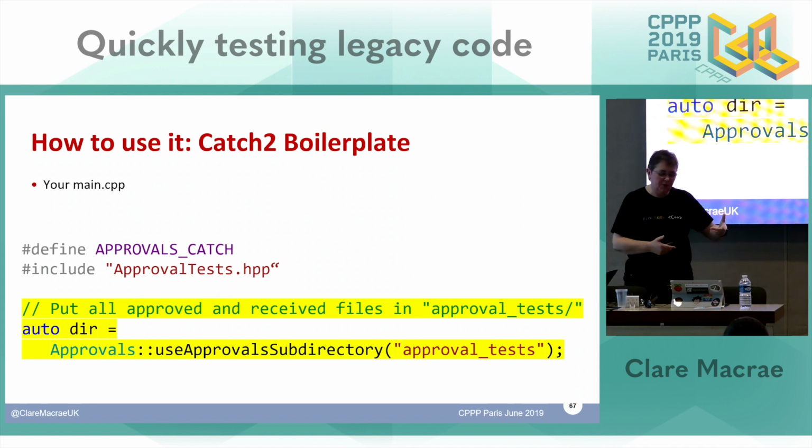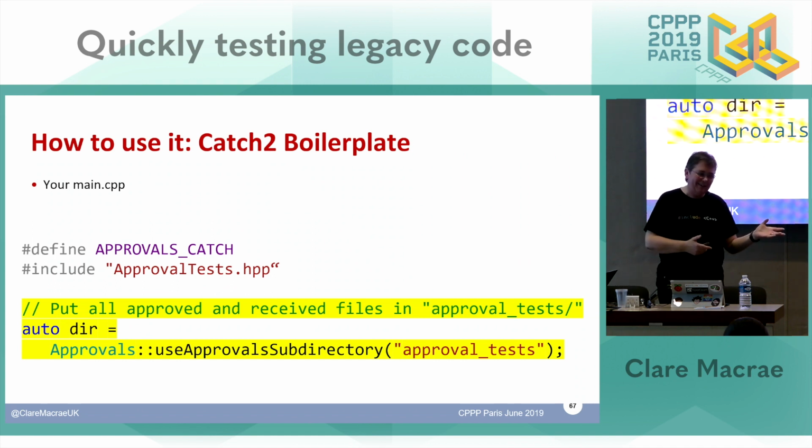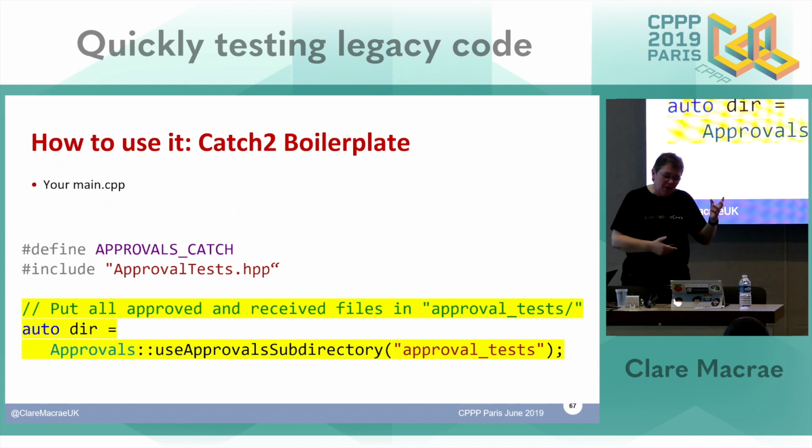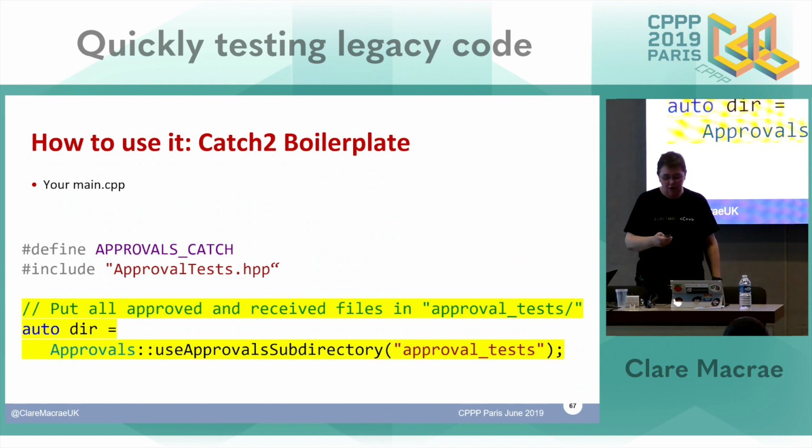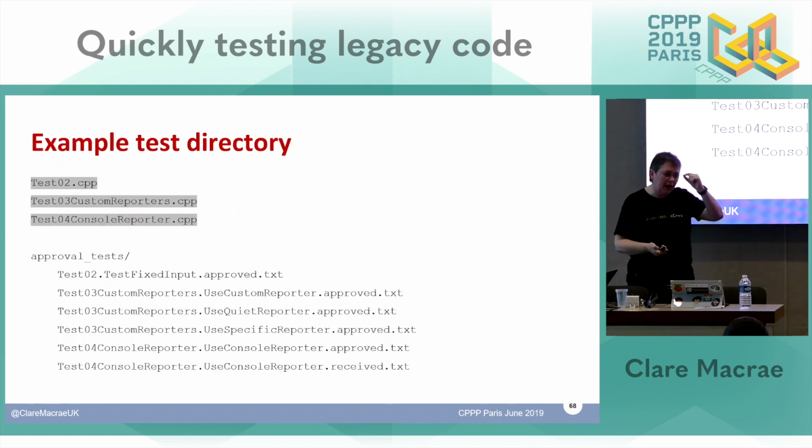So the pattern with most of the customization in approval tests is it returns an object that contains information about the previous state. And when that object is destroyed, it reverts the library back to its previous state. So you can, for one test only, store files in a particular subdirectory and then revert back to the default behaviour. So it is important that you hold on to the returned object. If you do that, then your directory structure becomes source code at the top level and then your approved and received files in a subdirectory.